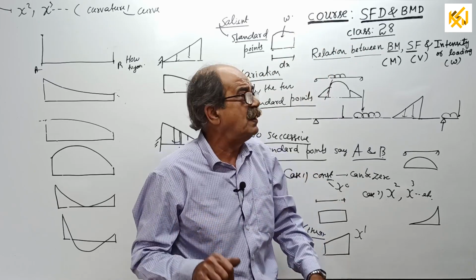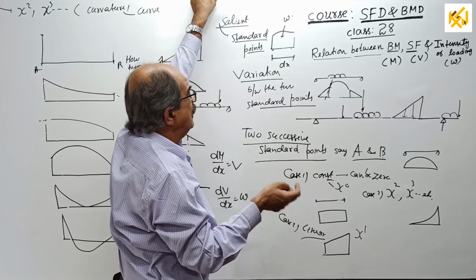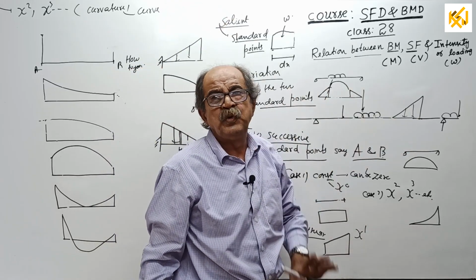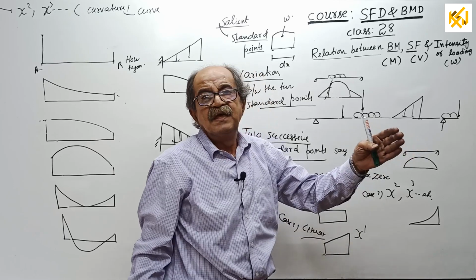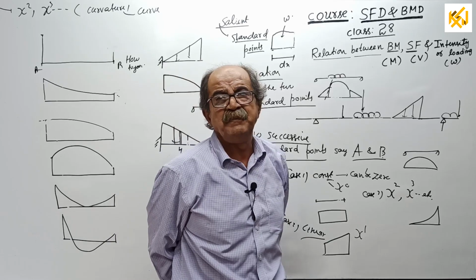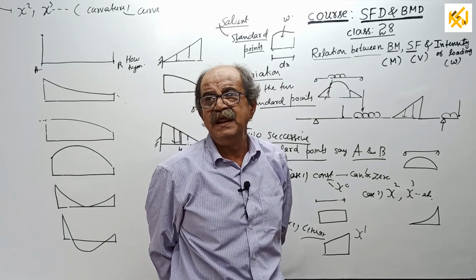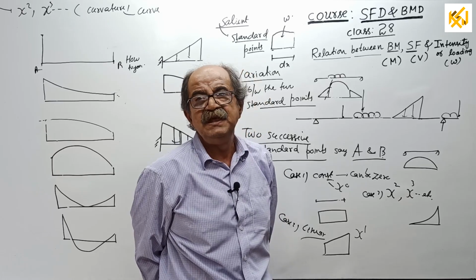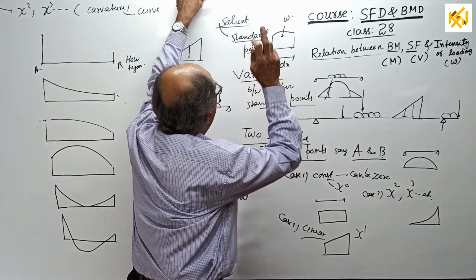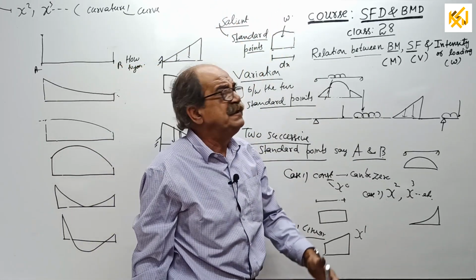There's a reason for that one. But such derivations will not cover, I told something, when SF is 0 between 2 points, what happens? When there is no load between these 2 points, when SF constant, what happens? Or when there is SF linear variation, then how the BM will change, etc., that will not be covered. So I am not going for this type of derivation where you take elemental length dx.